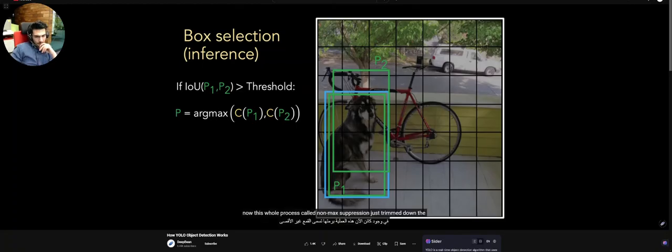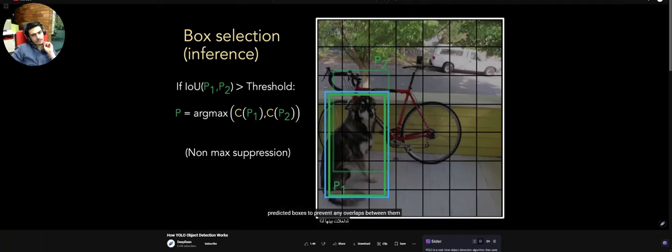Now, this whole process, called non-max suppression, just trims down the predicted boxes to prevent any overlaps between them. So, now that we know how all of the box parameters are calculated, let's see how they are used in